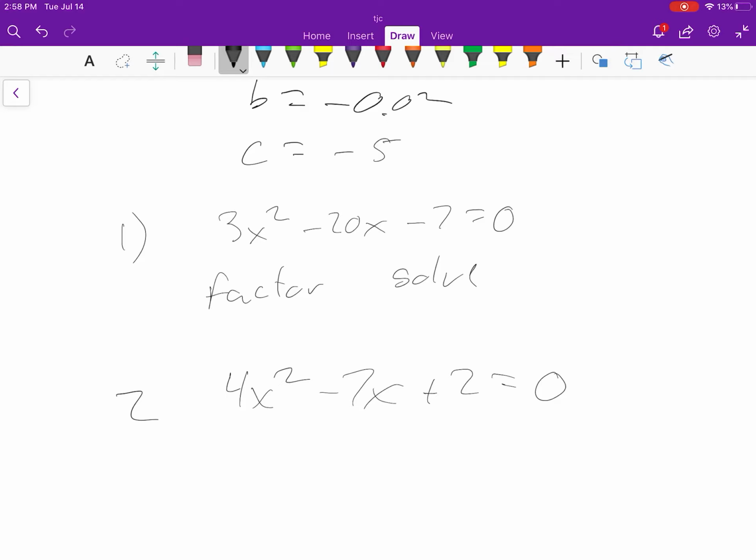How would you solve this one? Now on the second one, you can either use the quadratic formula or completing the square, I don't care which. So try to work on those, think about it, try to work on your homework. That's it for